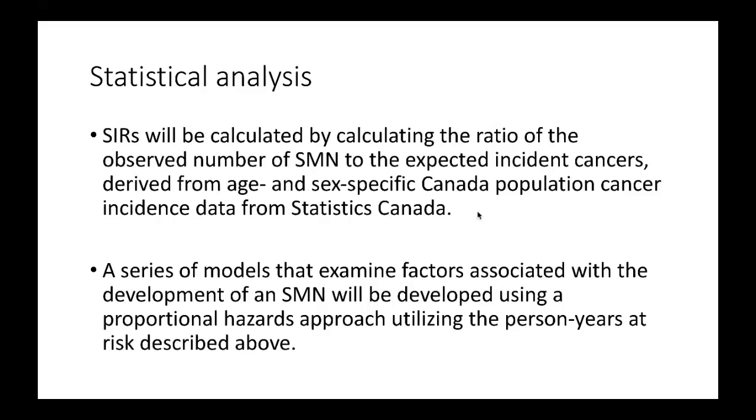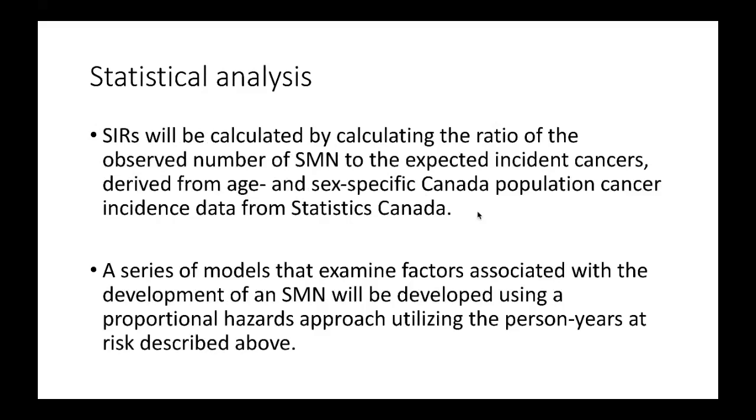So then we will calculate standardized incidence rates or SIRs by calculating the ratio of observed number of SMNs to the expected incident cancers derived from age and gender-specific Canadian population cancer incidence data from Statistics Canada. So Jason did apply a very similar method in his paper from Ontario. So I think we will learn from that and draw from that and try to keep it consistent so that